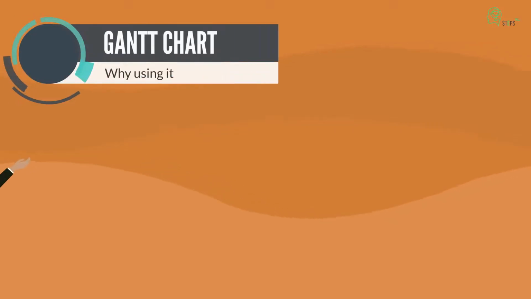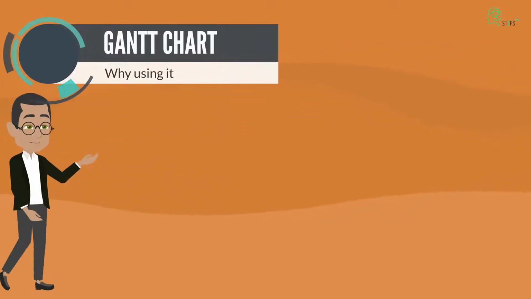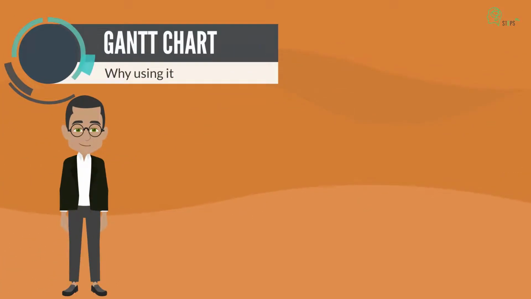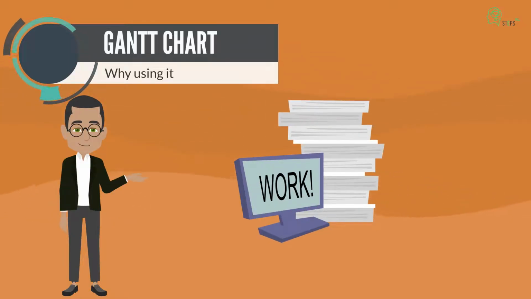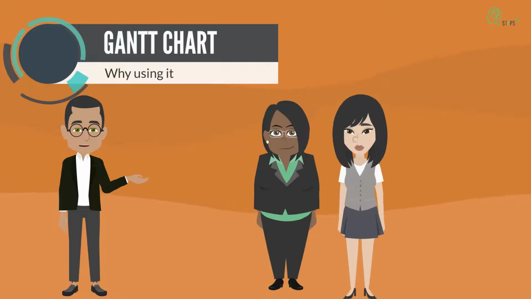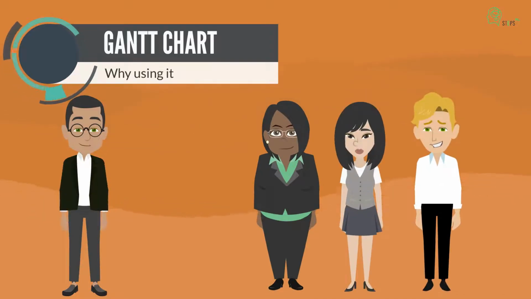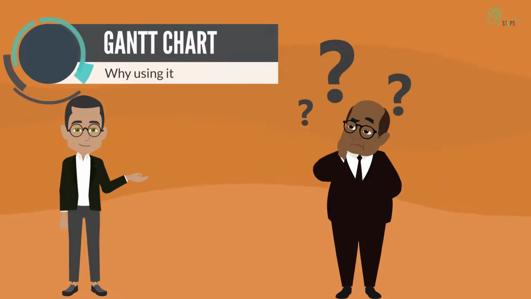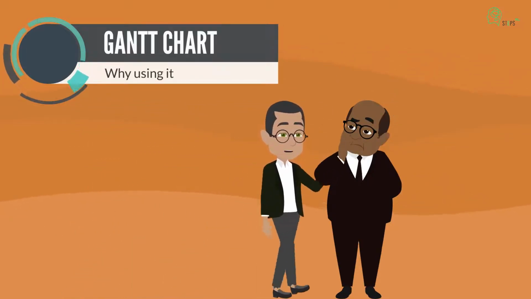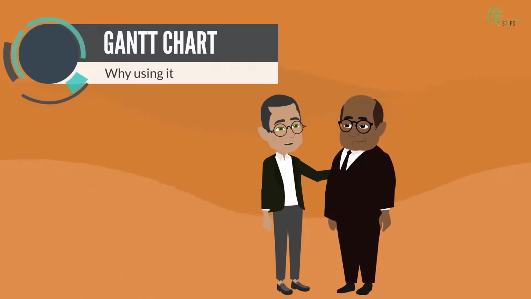Why should you use the Gantt chart for project management or anything at all? For instance, you have tasks. You have the intention of distributing these tasks to people to execute. How do you assign and monitor the right people without being with them in person? Gantt helps you to execute this project perfectly.